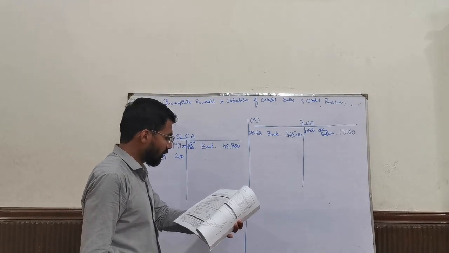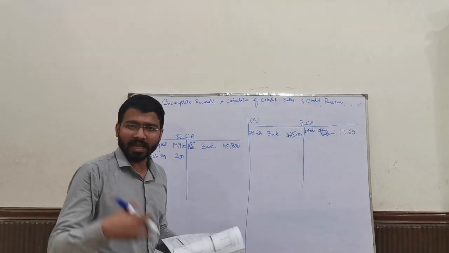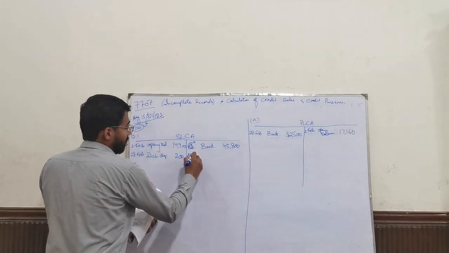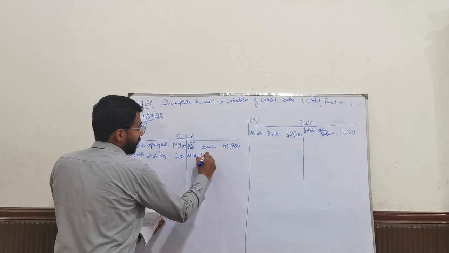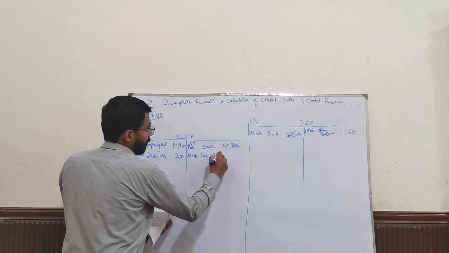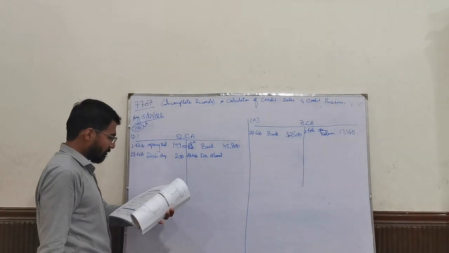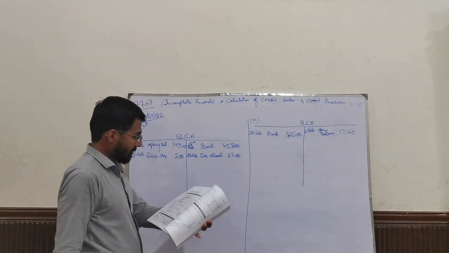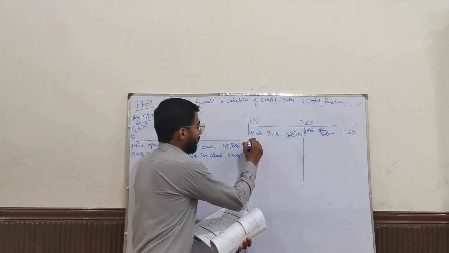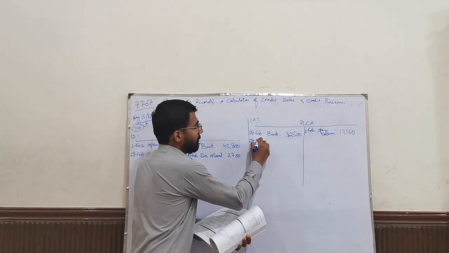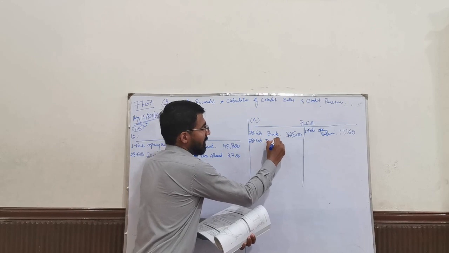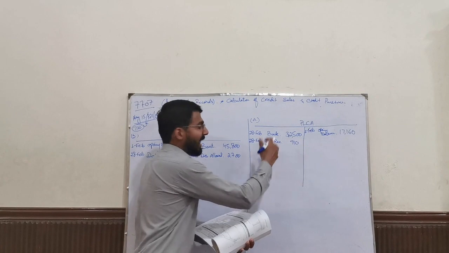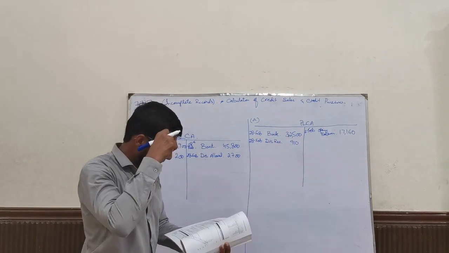Later on, what do I have is discount allowed of 2,700. When I allow discount, I allow it to trade receivables. On 28th Feb, it is discount allowed, and the amount is 2,700. Discount received is 910, 28th Feb. Discount received, it is 910. I received discount from my payables.